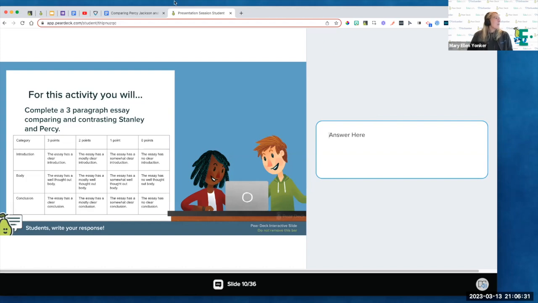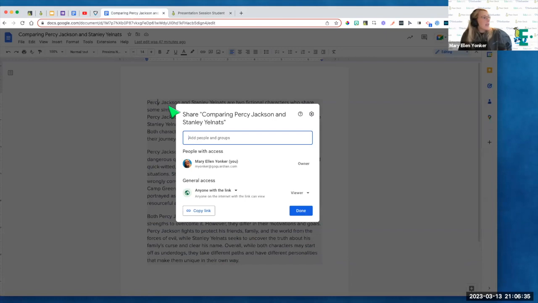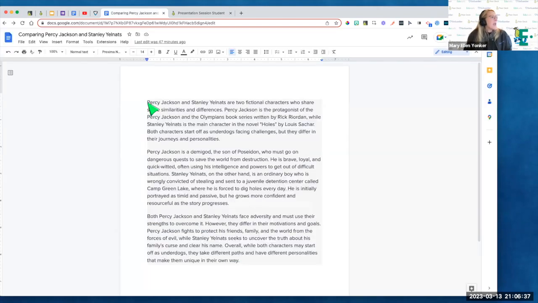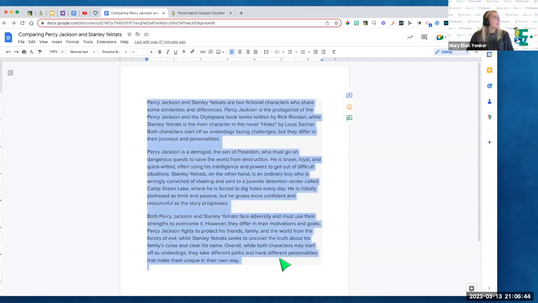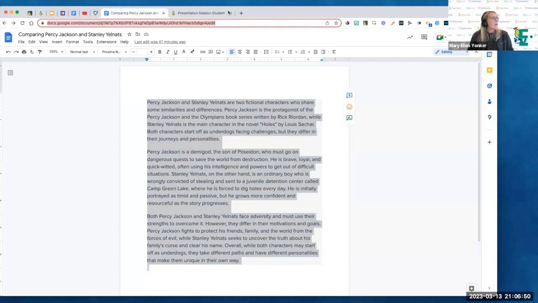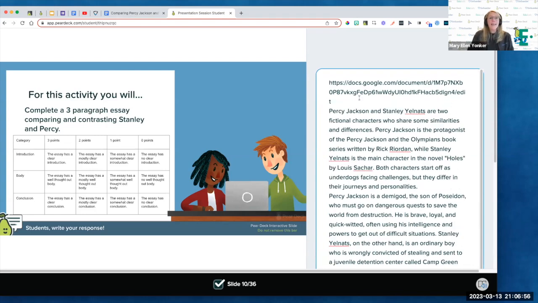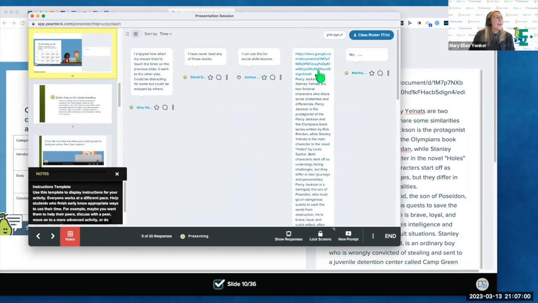All right, I'm going to go back over here. Oh, well, let me show you this. I've got my essay right here. And let's say the students were typing it in a document. They can actually come over here and copy and paste that into the answer blank. Or the student can grab that link and they can drop that link in. So the really nice thing about that is, as a teacher on your teacher dashboard, that is going to be